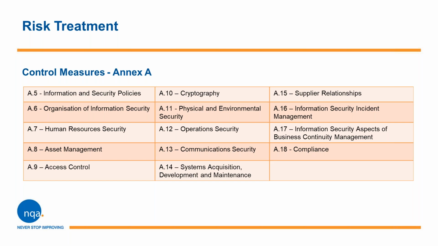So Annex A of 27001 sets out 114 good practice security controls. The controls use the word should and are neither mandatory nor exhaustive. This means that organizations with differing risks will apply these controls to different levels of strength. Although ISO 27001 doesn't require you to use the Annex controls exclusively, you do have to check the controls you select from elsewhere against those in Annex A to ensure that each risk is appropriately mitigated.